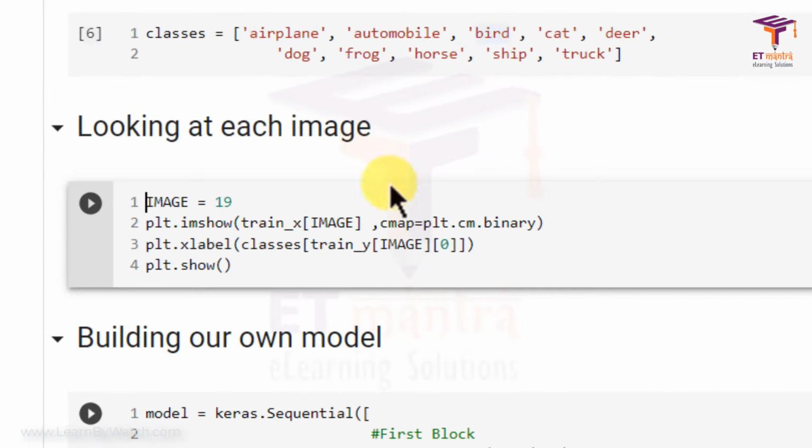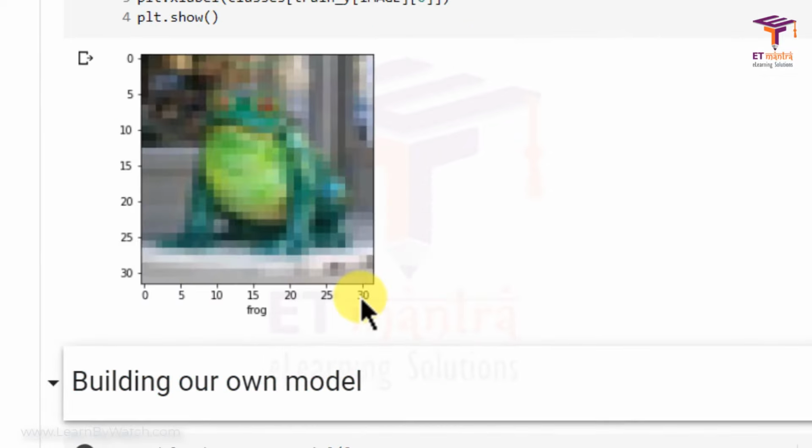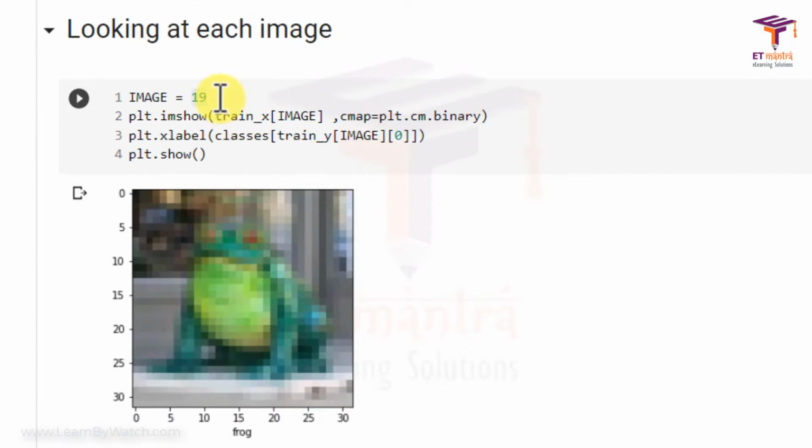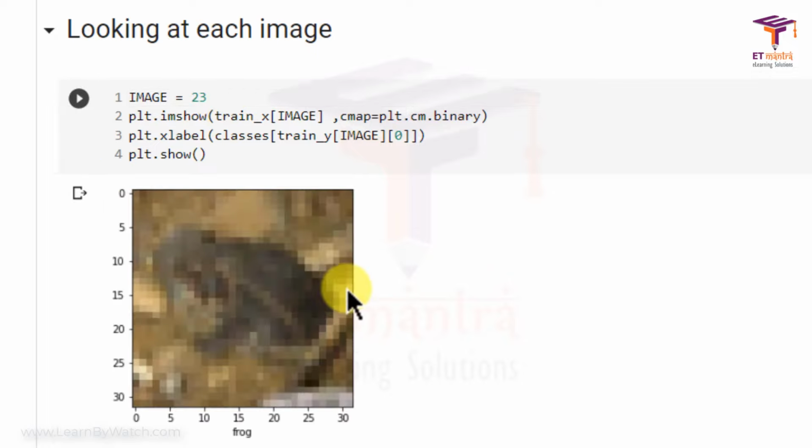Now let us look at each image. For this, first let us look at the 19th training example. So this looks something like a frog. Let us look at something else. Okay, this is not much visible, what it is.